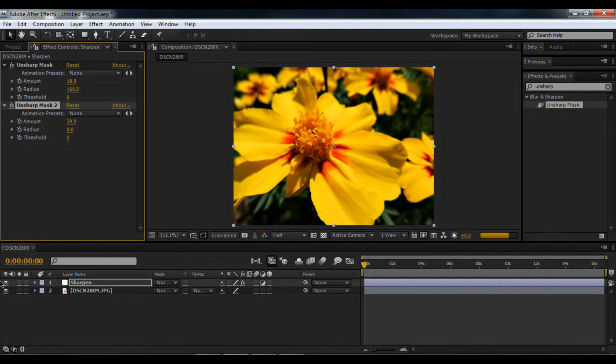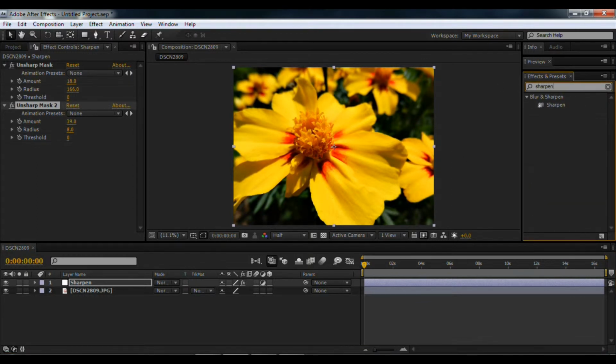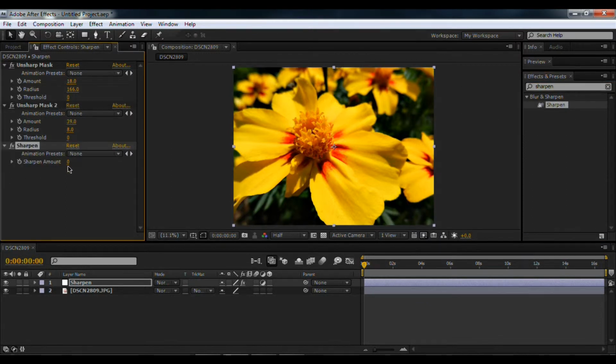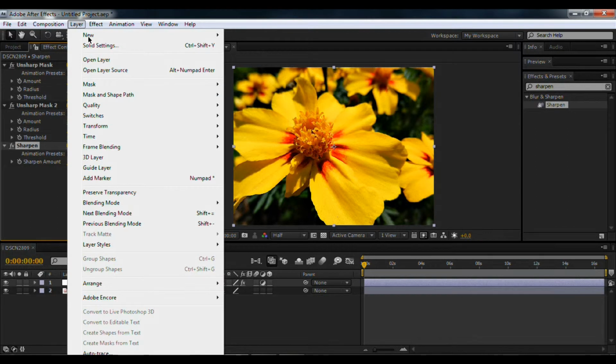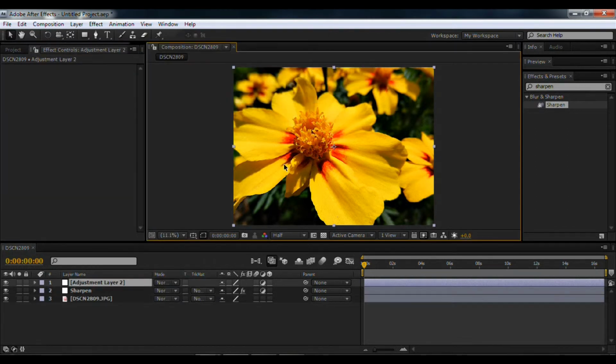And then if you look at the difference that adds to it, look, that's with unsharp mask, and that's without, so it adds a bit of harshness into the clip. And then the next thing I want to do is I want to add sharpening. So there, and this is just changing it on what I want. Let's see, 15 looks good. Next thing I want to do is I want to add a new adjustment layer there, and